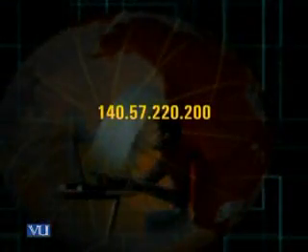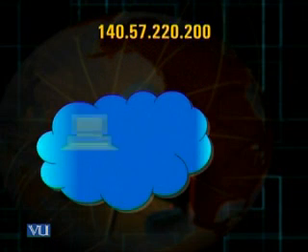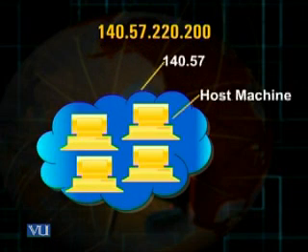Next, I want to show you this diagram. As you can see, there is a network, and this network is numbered as 140.57. The host machine is numbered as 220.200. This is in fact a class B type of network. I'll very shortly be telling you what is class A, B and C, etc. For this example, the IP address at the top, you notice, is 140.57.220.200, and in this IP address,